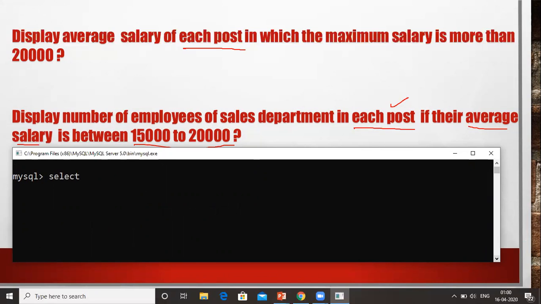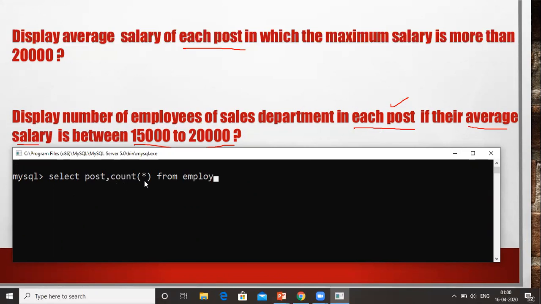As we know that we are going to create groups on the basis of post, that's why we included post, comma. Then it is given number of employees, so for the number of employees it is count star. Anything else? No, we have to show only the number of employees. So first we have written the post because we are creating group on the basis of post, and then count star from the table employee.